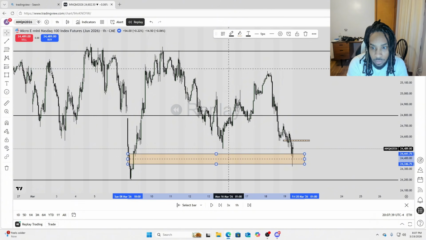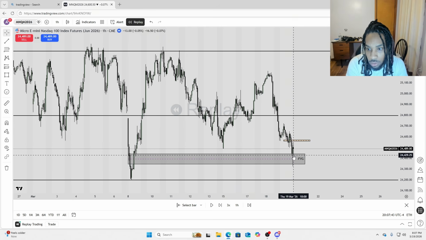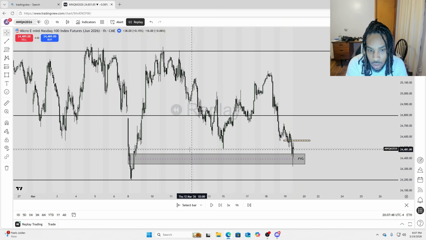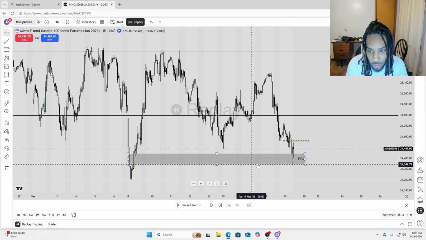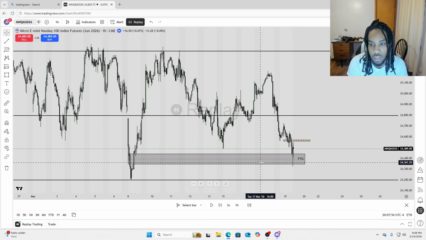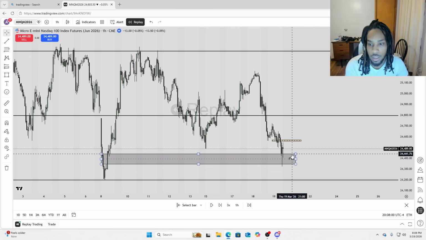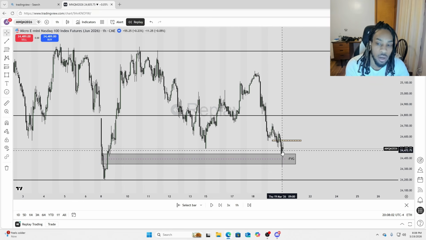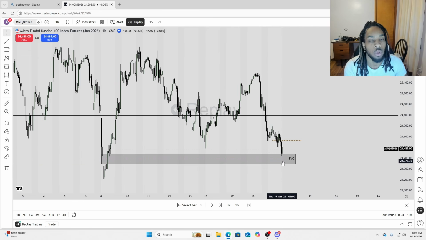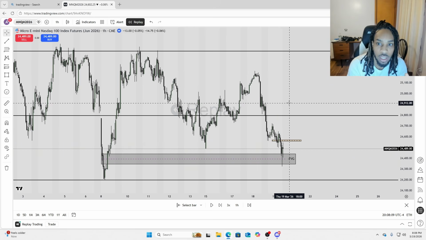Boom. So once we came down at 9 o'clock, 9:30, and we swept out this low and these lows over here to the left and traded down into a discount of this buy side inefficiency, what I'm looking for is a reversal. And I'm looking for a reversal in this area because if I want the market to keep going short, then I want the market to be going short off of buy side liquidity, and I want to be